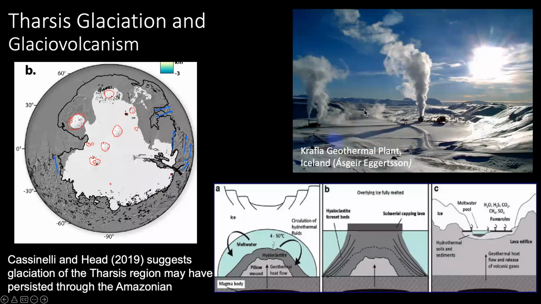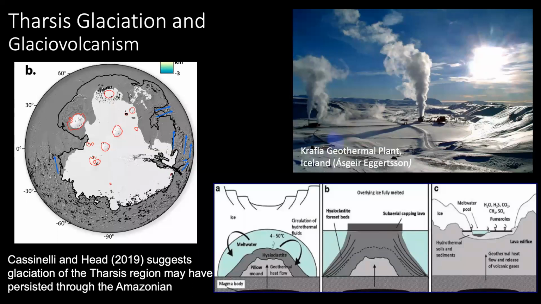And so they proposed that there was an active glaciovolcanic system. So something akin to Iceland, where you have ice coverage, but you also have the heat available from the magma at depth, and you have occasional eruptions that essentially melt the ice. So if you look at the bottom left-hand picture, we start melting the bottom part of the ice and forming kind of a low temperature hydrothermal system associated with that initial little bit of eruption. As that